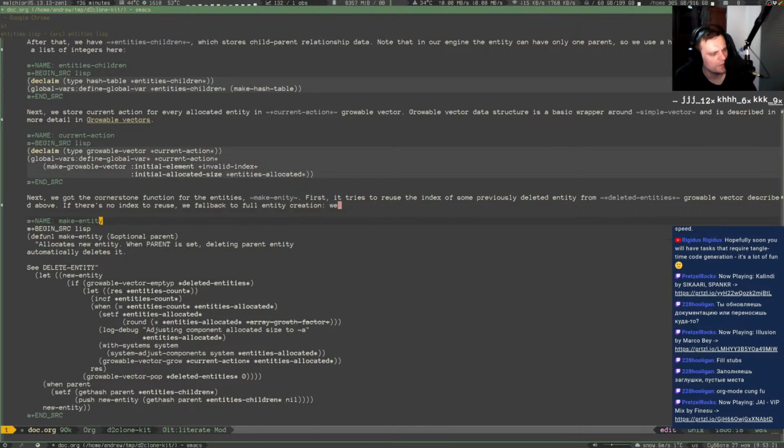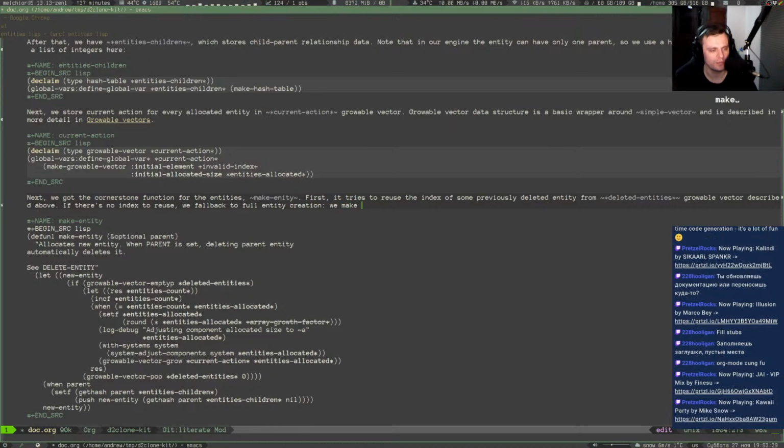We take a new entity, or what would be the verb here? We make the new entity equal to entities count, and then